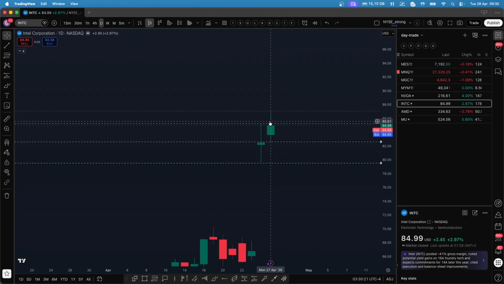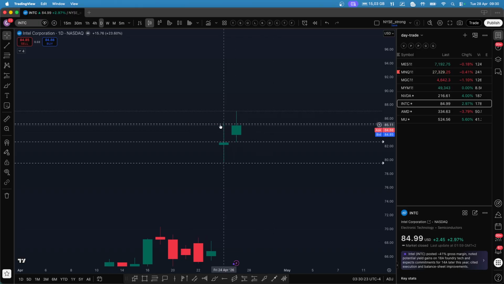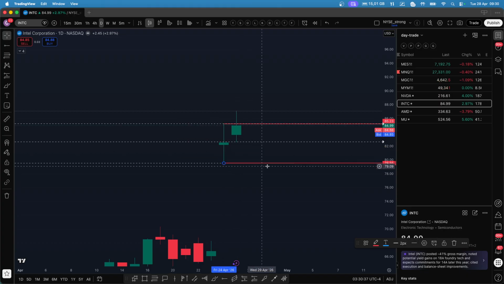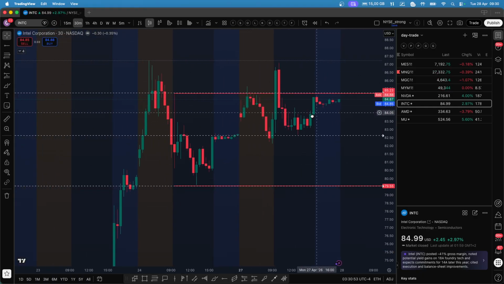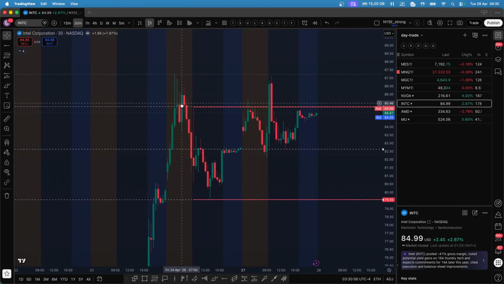But if you see what happened yesterday, we had a bullish move, but we were unable to close above the previous day high. So this is the previous day high level, and we were unable to close above 85.3. So is this the consolidation starting? Yeah, it's possible that we'll have consolidation between the 79 and 85 levels. That's why I marked this previous day high and previous day low. So let's look at the 30-minute time frame now.